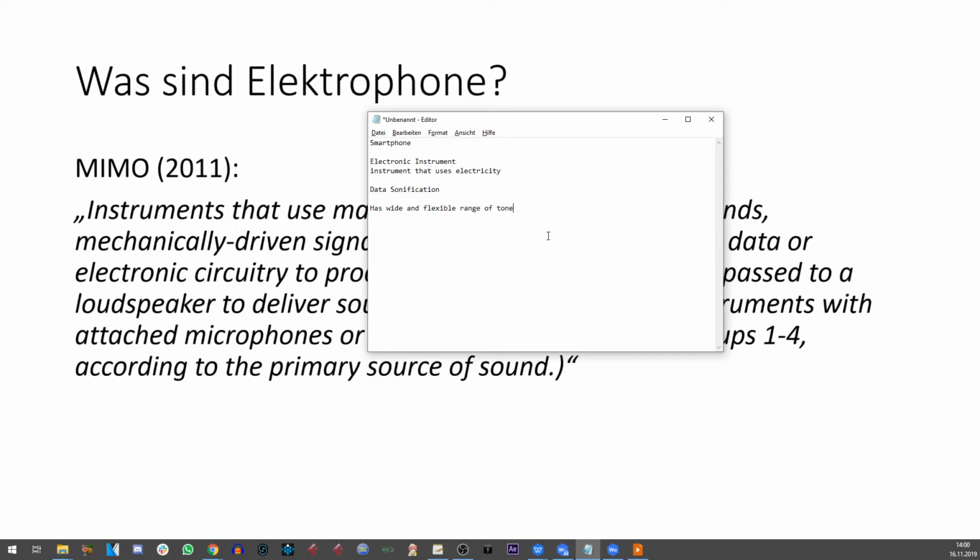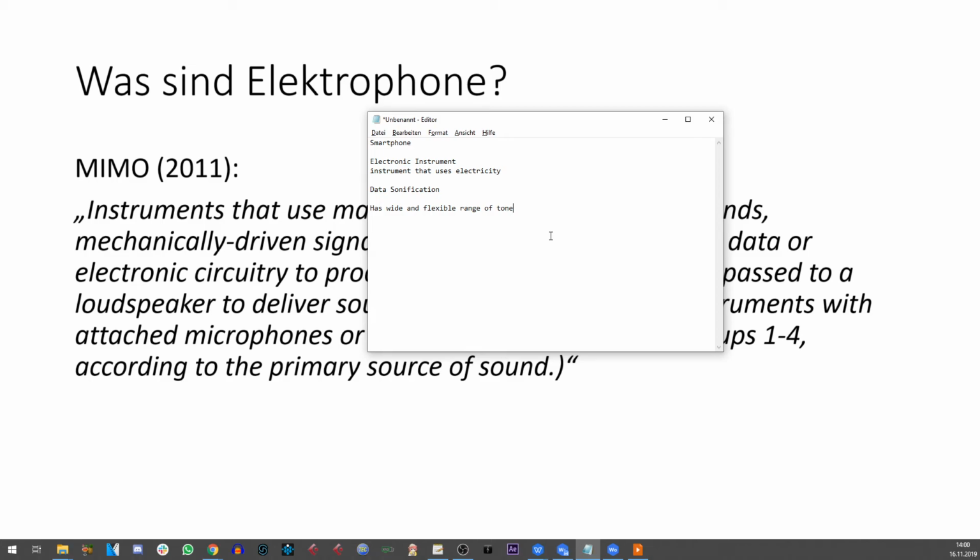Has a wide and flexible range of tone. Doesn't have to, but in many cases it did in history, as we have seen. Because composers during the electronic music era started to experiment with the ambitus of notes, how far high up notes can go and how far down.